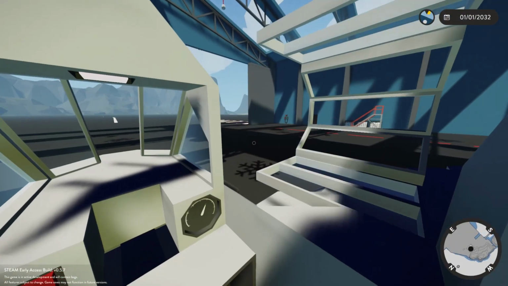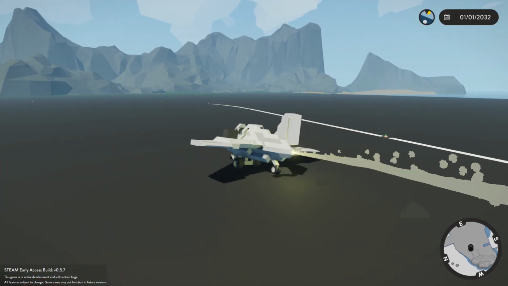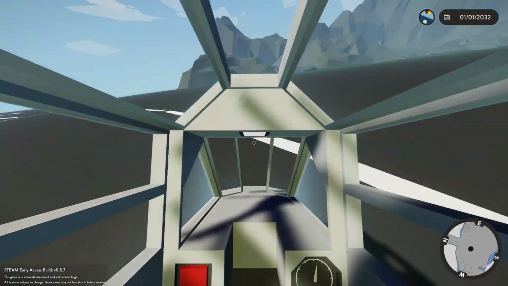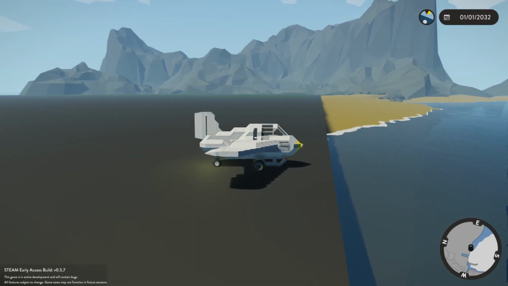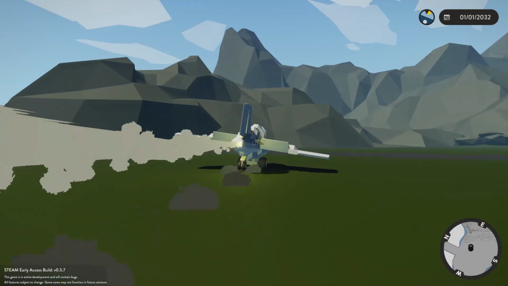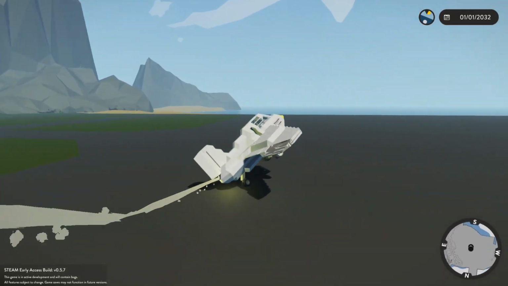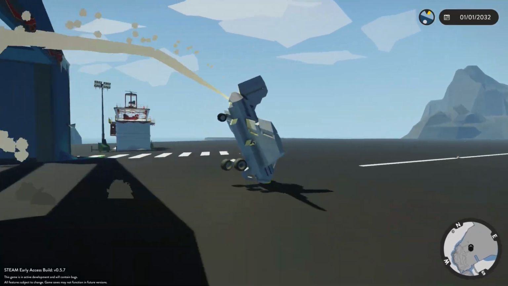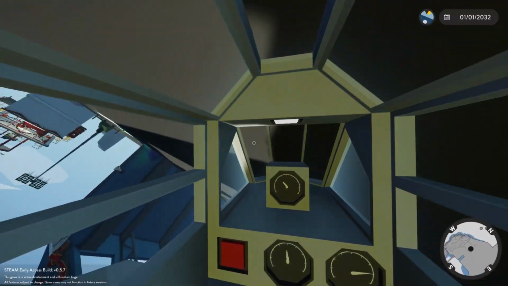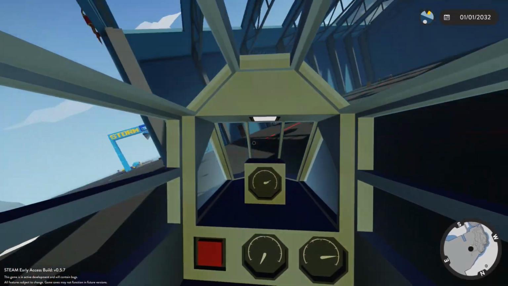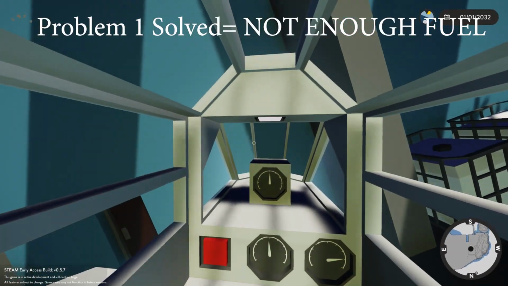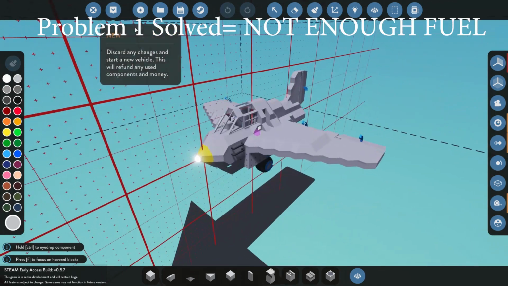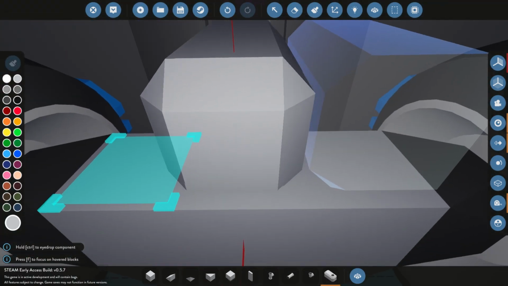Does this actually take off? So yeah, so oh, goodbye. See ya. So, do I run out of gas? I'm running out of gas. Oh, okay, that's pretty